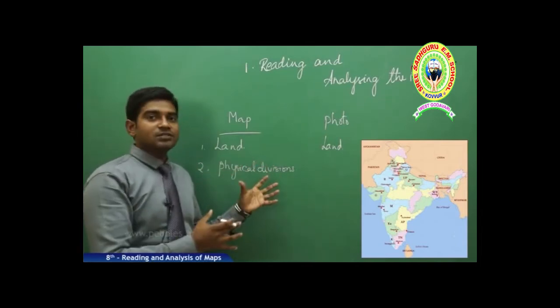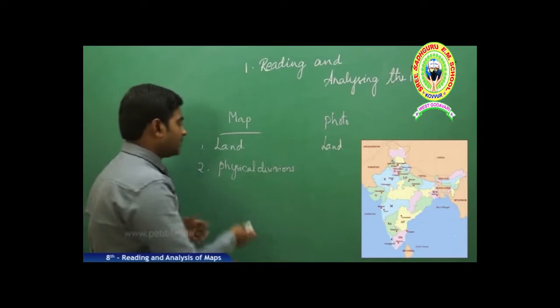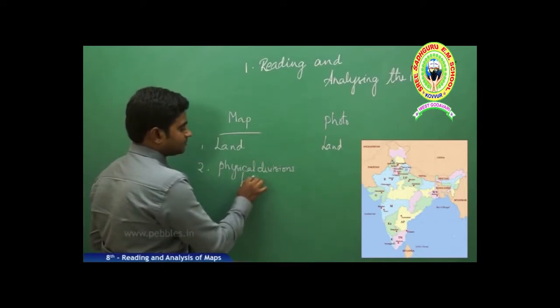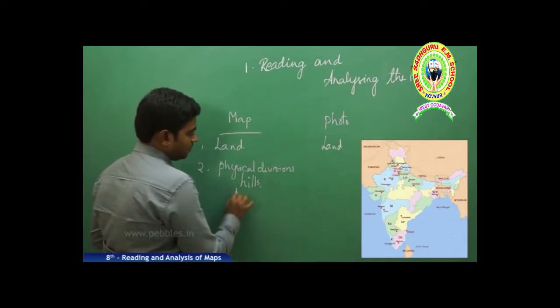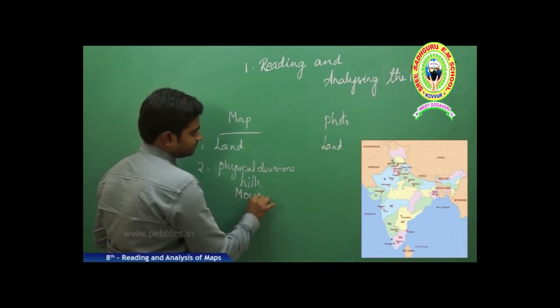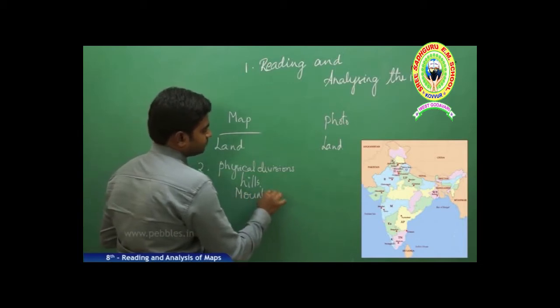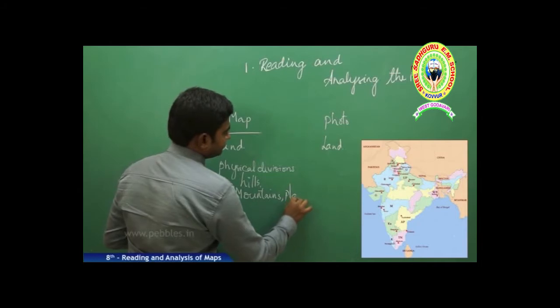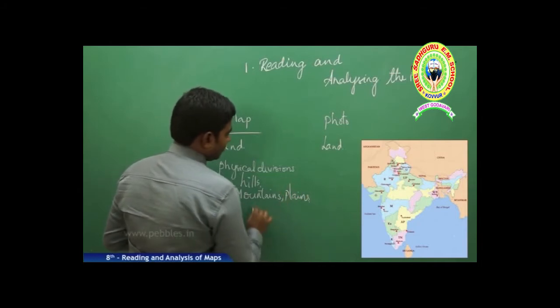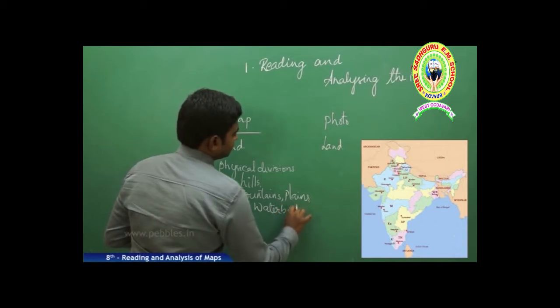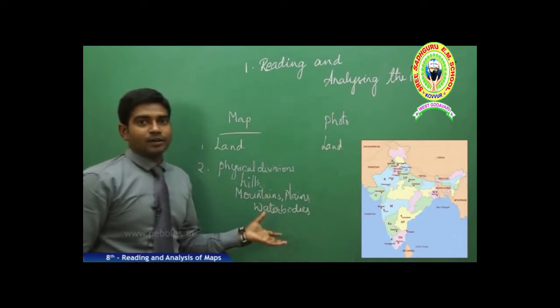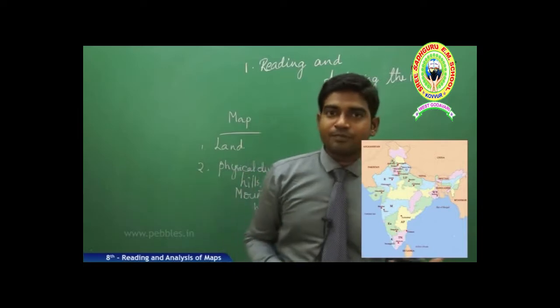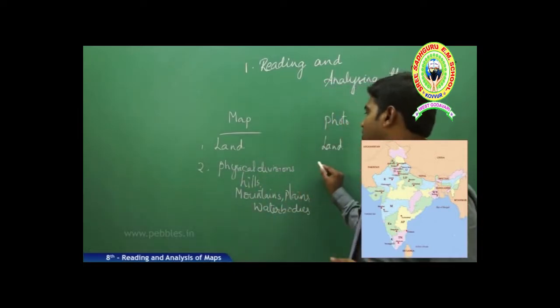What are the major physical divisions that it has? For example, hills, mountains, plains, water bodies, etc. But when it comes to a photograph, you can't get any clear picture of the physical divisions shown in the map,